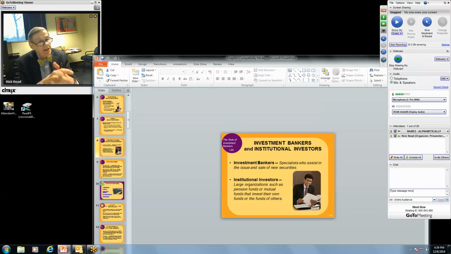And then institutional investors are large outfits, for lack of a better term, who manage lots of money. When I say lots of money, I'm talking about lots and lots of money, in many cases in the billions, for pension funds, et cetera. The largest in the country that I'm aware of is CalPERS, which is the California Public Employees' Retirement System. And CalPERS makes huge buys when they buy, and huge sales when they sell. And so they're very interested in these things.